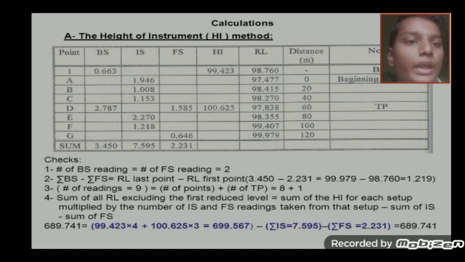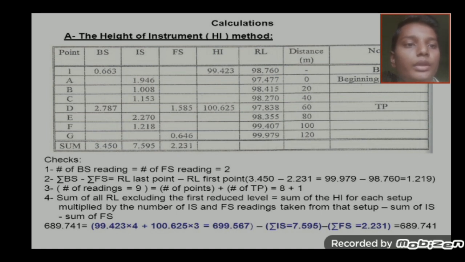3.40450 minus 2.231 equals 99.979 minus 98.760 equals 1.219. Third one, number of readings equals 9, equals number of points plus number of TP, equals 8 plus 1. Fourth one, sum of all RL excluding the first reduced level